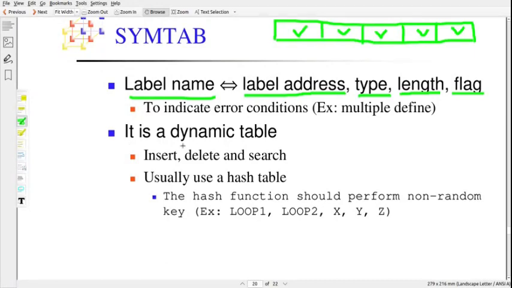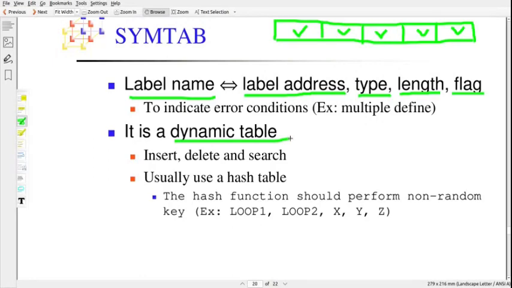And this symbol table is a dynamic table, because before starting the assembling of the program, we don't have any information about the labels used in that program. So it is defined as a dynamic table.